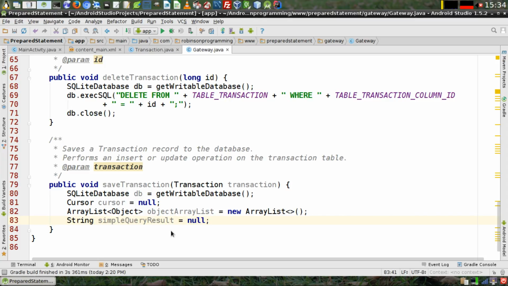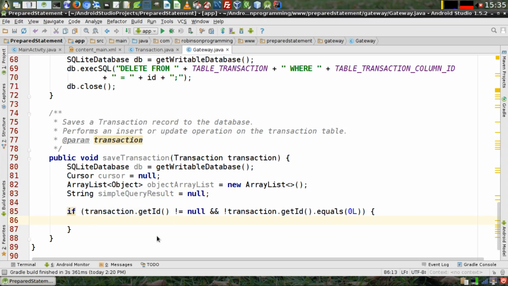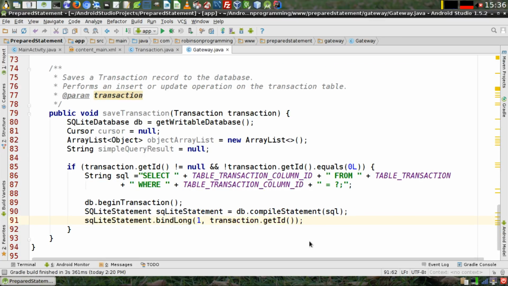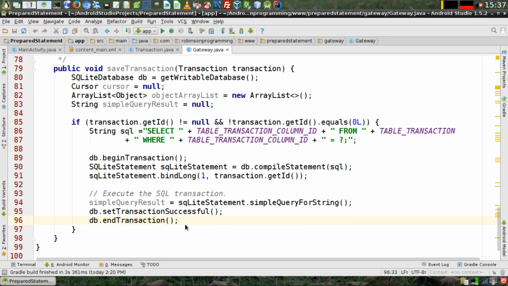Create an if statement, checking to see if there's an ID that's defined in the transaction object, and then define the base of our SQL select statement. This is going to be the statement that checks if the record already exists. Tell the database to begin the transaction, compile the statement to be an SQLite prepared statement, and then bind the transaction ID to the SQL statement, and then execute the SQL transaction, set the transaction to successful, and end the